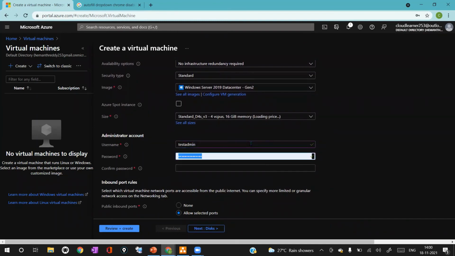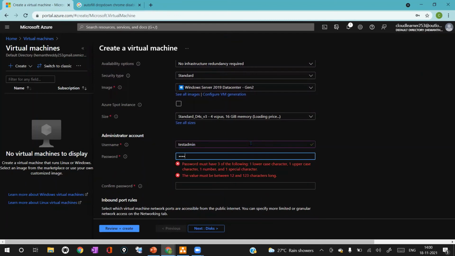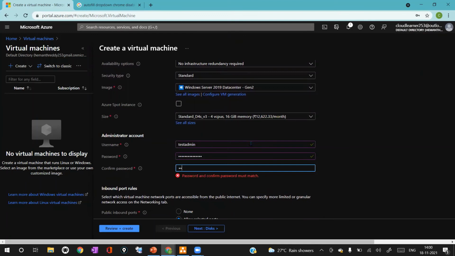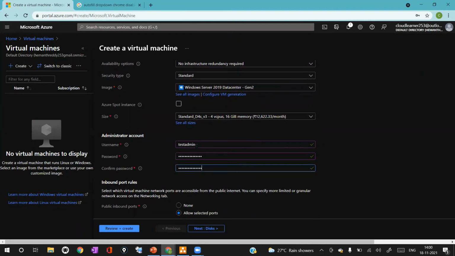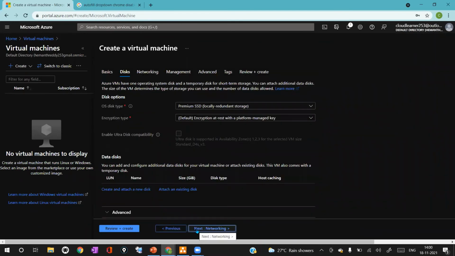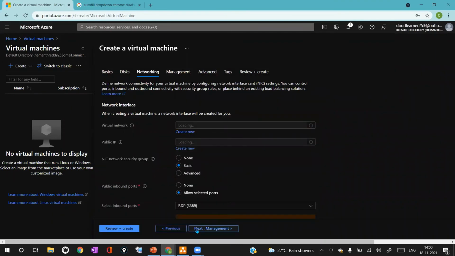I'm providing the username and password. I have provided the username and password. I'm going to click on next, disks. I'm going to click on next, networking.